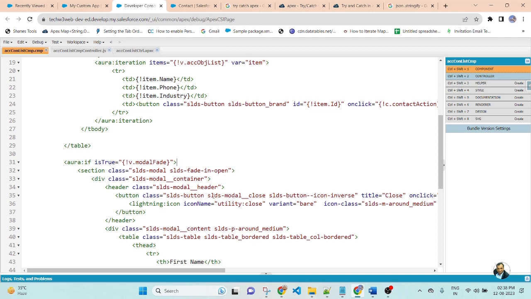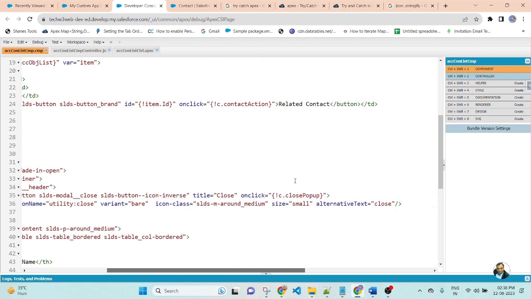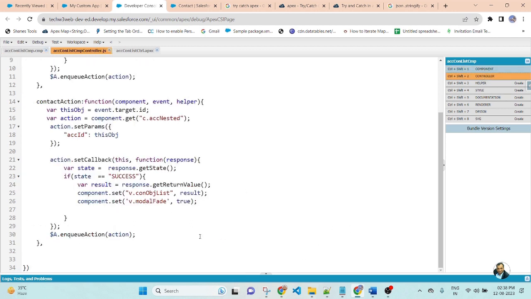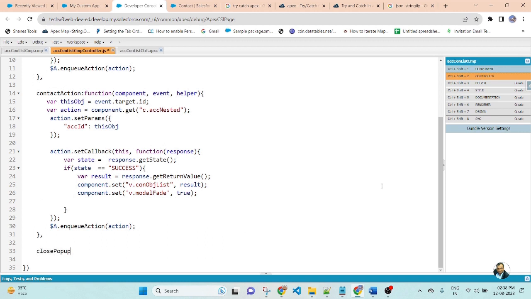After opening the modal pop-up, we need to close the modal pop-up on button click. So there is an icon to close the modal pop-up, and closePopup is a function. So in the JavaScript, I will create the close modal pop-up function.